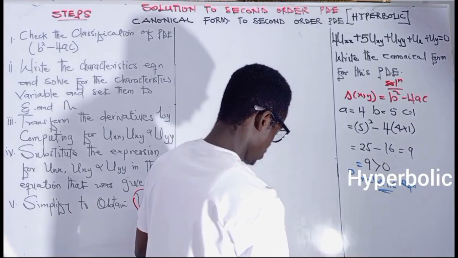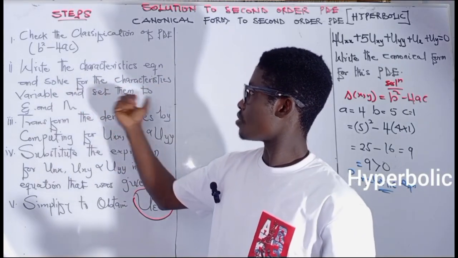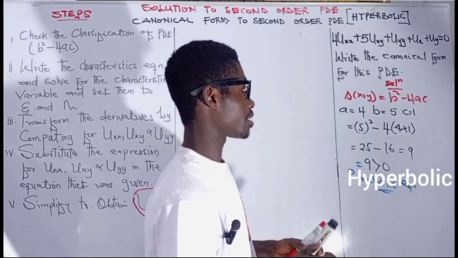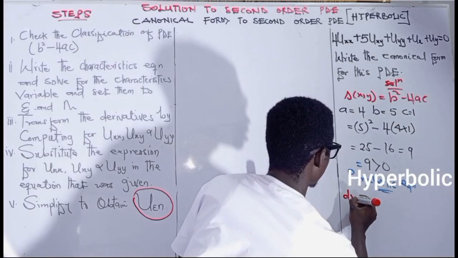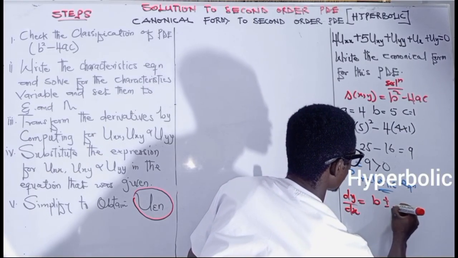Then we move on to the next step. The next step says write the characteristics equation and solve for the characteristics variables and then set them to xi and then eta. So we are going to write the characteristics equation. We know that the characteristics equation is given as dy/dx equal to b plus or minus